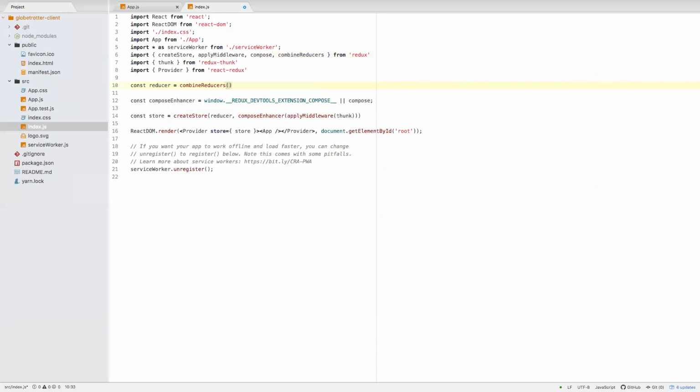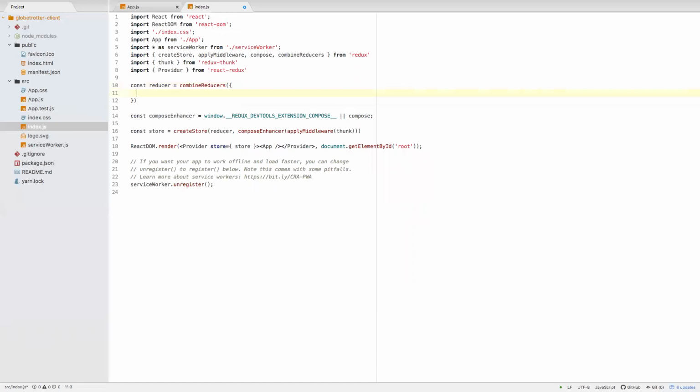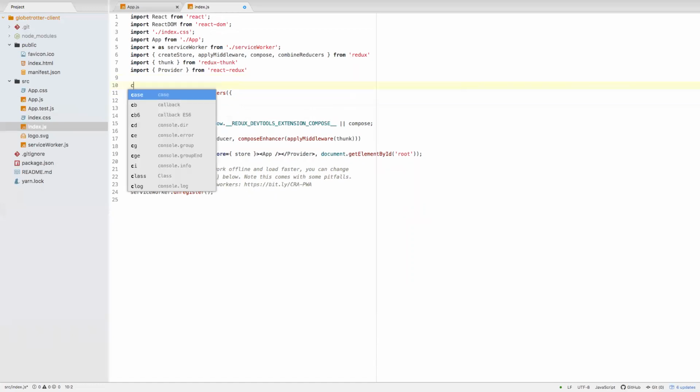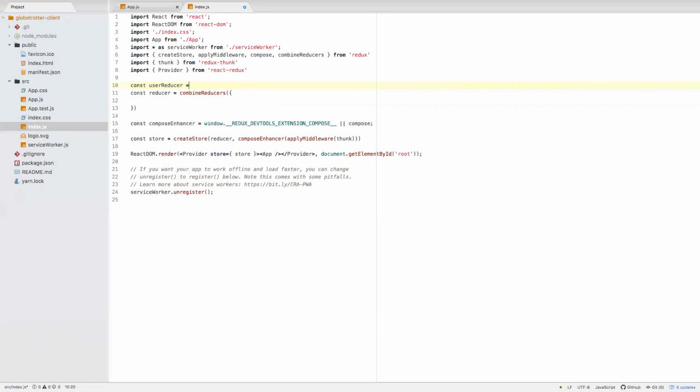Does it just take a list, or does it take an object? I don't remember off the top of my head. I think it takes an object, right? So we'll just say const userReducer equals a function that returns, we can just do this, empty array. And I'll just say users, actually. Okay, so what I'm doing here is I'm totally cheating the system, and this is a garbage reducer,